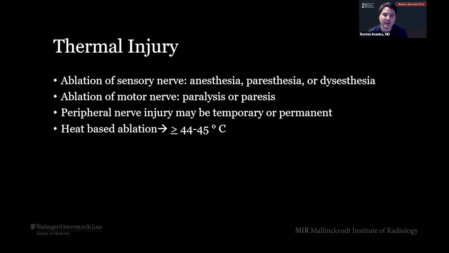The interesting thing about heat is that it's variable both on the temperature and then also the amount of time you spend at that. So if you're talking about nerves specifically, which are very sensitive to heat, you could get to like 46, 47 degrees for maybe a minute and have no problems. But then you could spend 10 minutes at like 44 degrees and have problems. So for heat-based specifically, it's both a function of time spent at that temperature and the actual temperature.